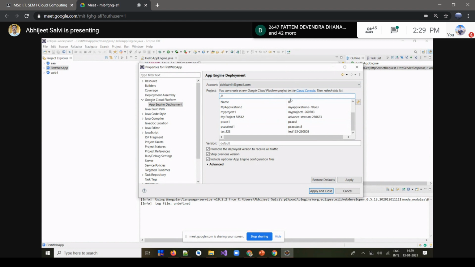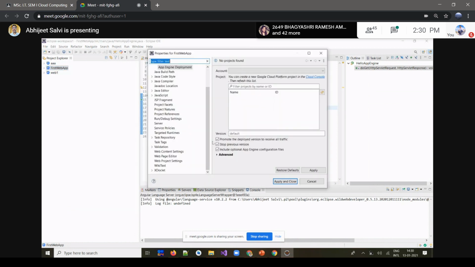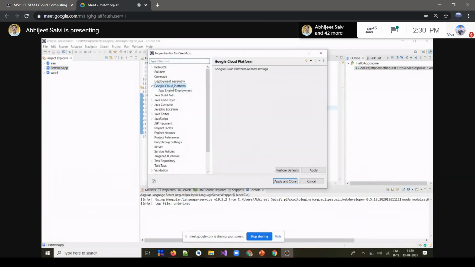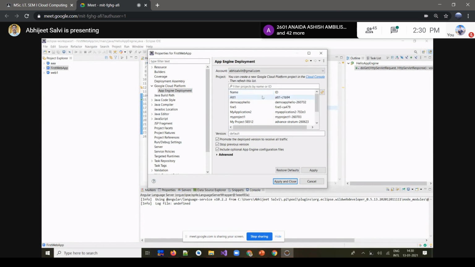Initialization requires some time, so you can just refresh that after some time. Let me see once again: properties, then the option called Google Cloud Platform, and then we'll select the account, and still it's not there. I think there may be some delay here.